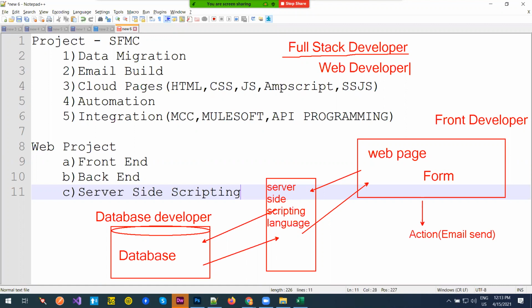What you should learn is only the two. That's it. If you come from this background as a full stack developer, then your life is very easy in Salesforce Marketing Cloud. Else you should put additional effort to learn these things. If you come from different backgrounds like database, or you're totally new, all these things can be handled.